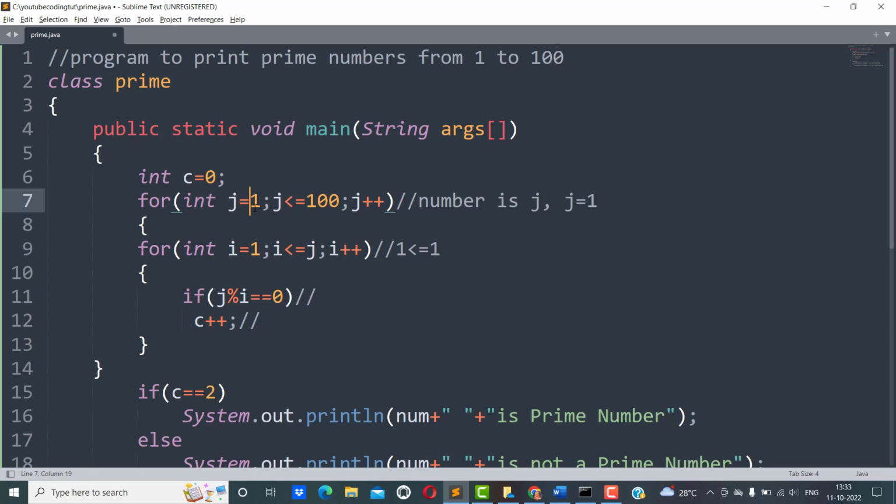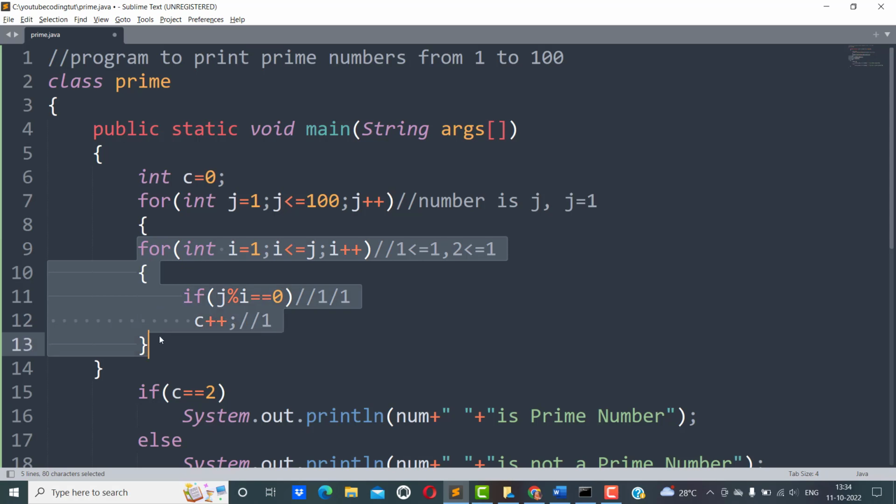So now j is 1, right? Now we will check whether this 1 is a prime number or not. So 1 is less than or equal to 100. The condition is true. It will go inside the for loop, where we have another for loop. So now i is equal to 1. Is 1 less than or equal to 1? Yes, 1 is less than or equal to 1. The condition is true. It will go inside the for loop, where we have another